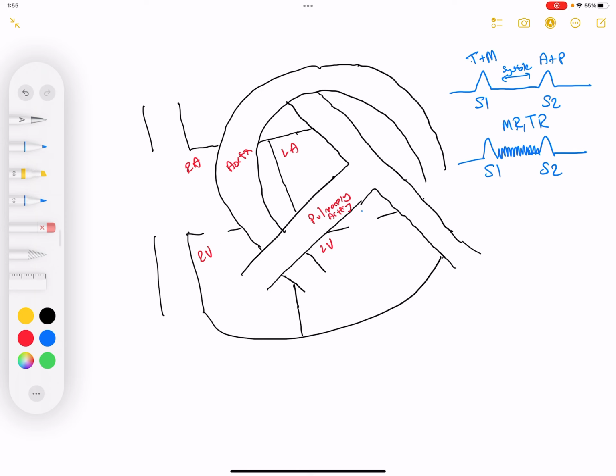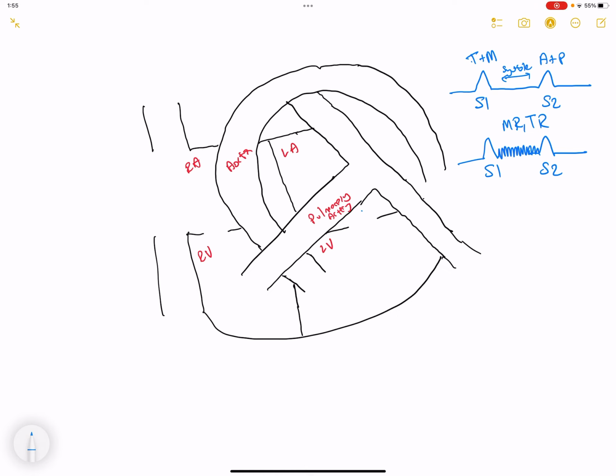Now let's talk about something called mitral valve prolapse. So the mitral valve has these two leaflets, and they're going to be closed shut by chordae tendineae. If there is damage to the chordae tendineae, the pressure building up in the left ventricle can open one of these leaflets. And when these leaflets open, blood can backflow into the left atrium. And the moment when that leaflet opens up is called a mid-systolic click.